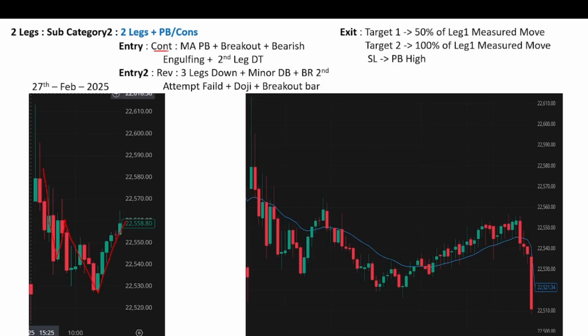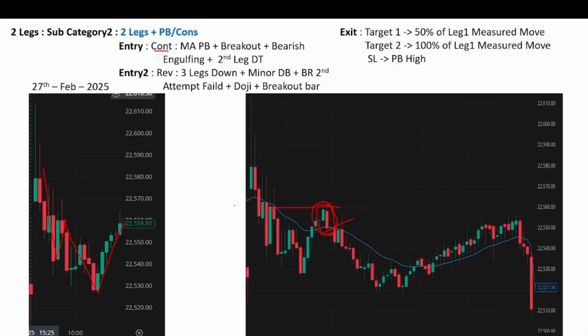So you enter the continuation trade here when it tested the MA, and this is MA pullback, and you got a breakout bear bar, which is also bearish engulfing, and it also tested the second leg top, and it is making a double top with that. So you can enter the sell trade here,